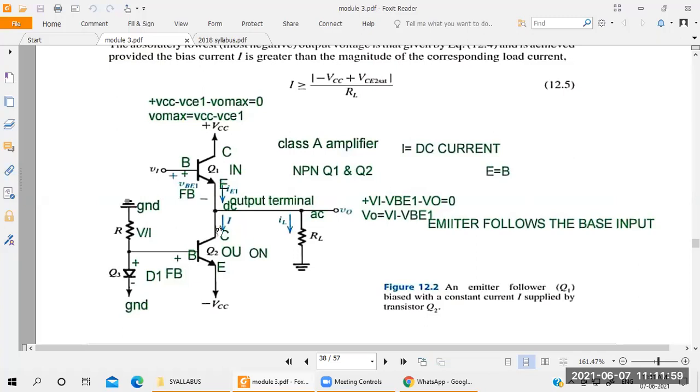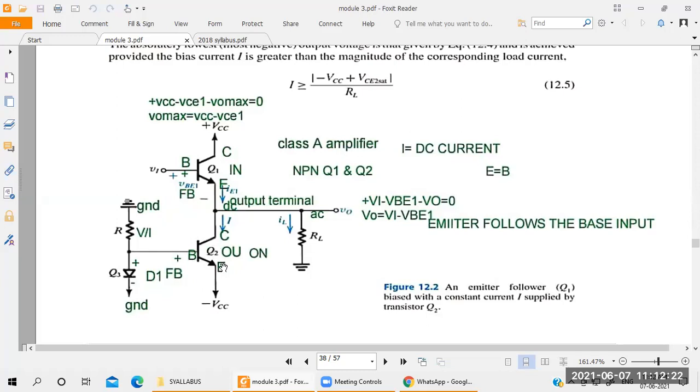Remember this one. Q2 is what here? It's a driver transistor. It drives the Q1 transistor because it is connected with the output of the Q2. Okay, Q1 is connected with the output of the Q2. First you come to the Q2 here. Q2, this is the BJT transistor, right? What are the three different terminals here?